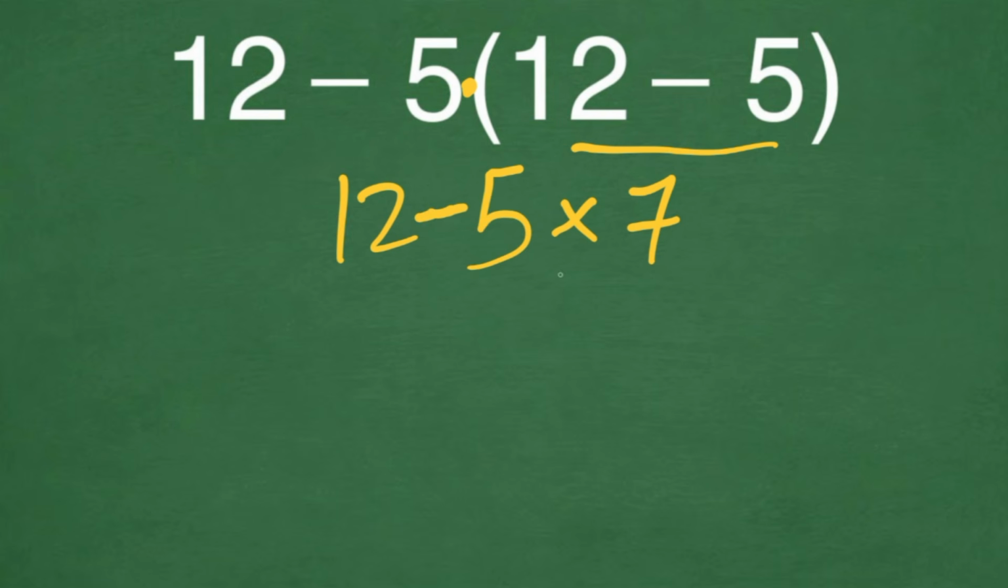So this is what the next operation would look like. And we have a multiplication and subtraction here. So which one should we do first? Well, the multiplication should be done first, because according to the order of operation, multiplication has a higher priority than subtraction or addition. So 5 times 7 is